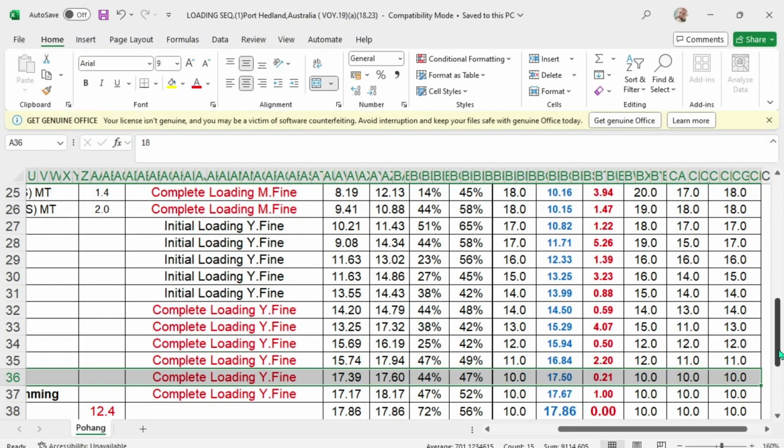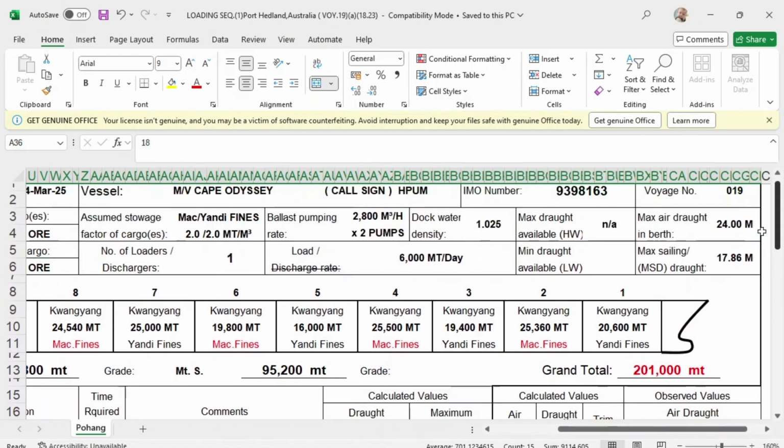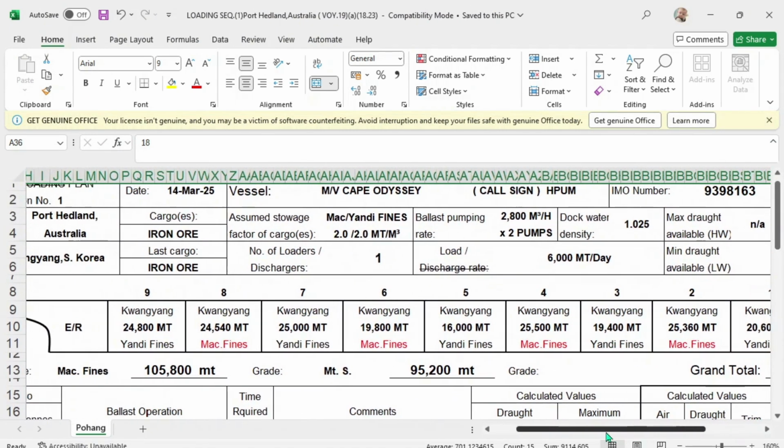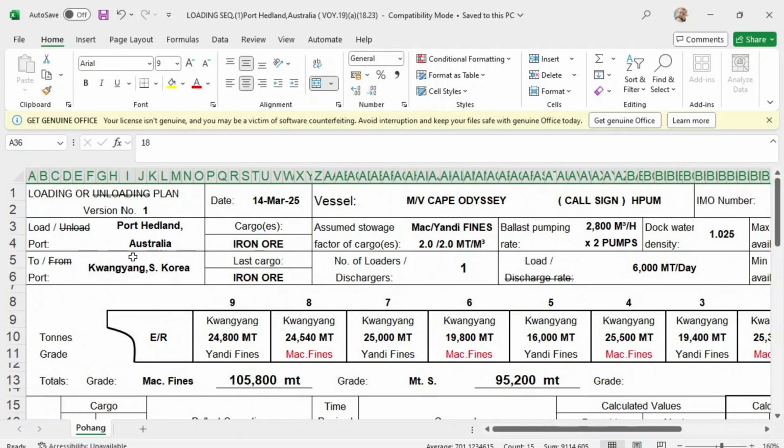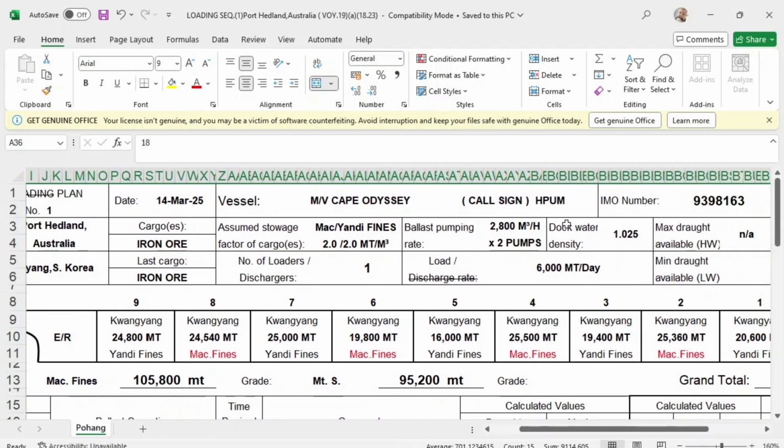Okay, for example, this is your loading plan or loading sequence. You have here a density, computed dock water density, let's say 1.025.